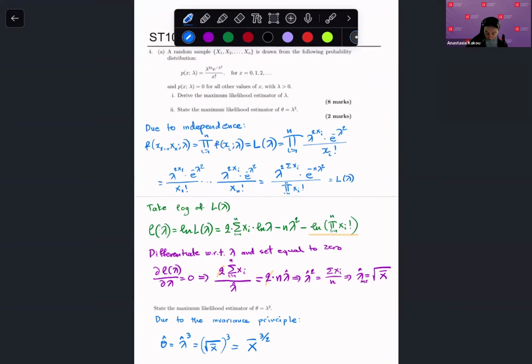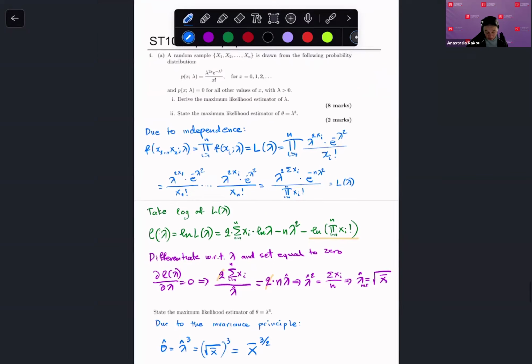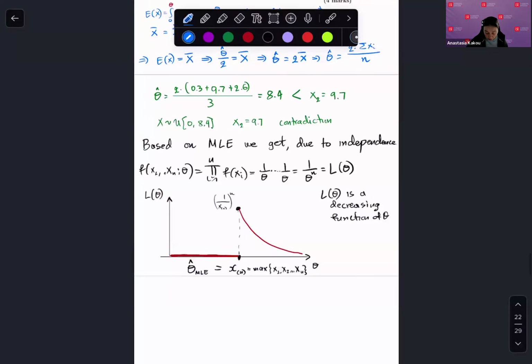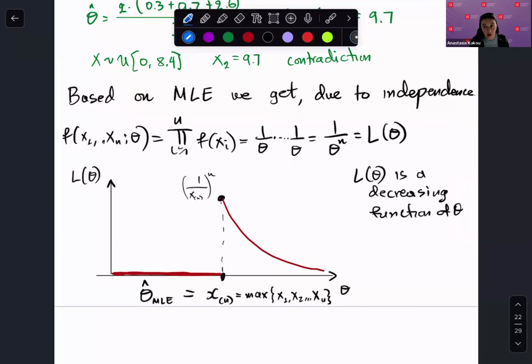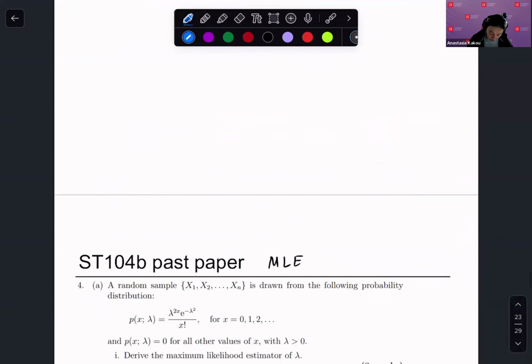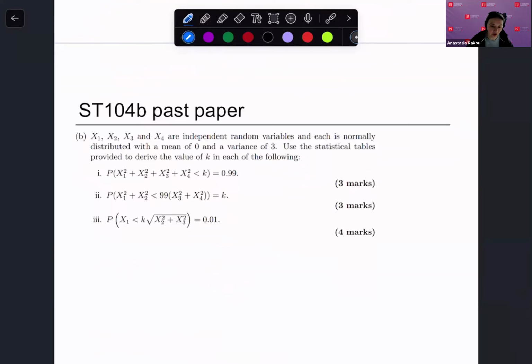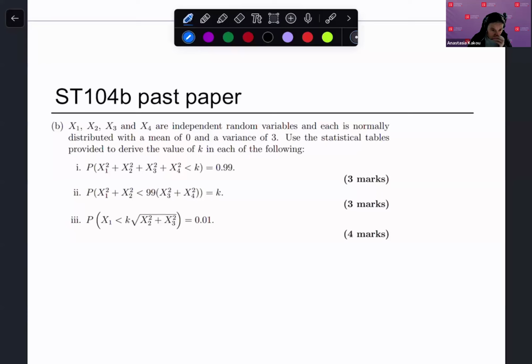One where the answer is derived by differentiating the likelihood function, like first taking the log and then differentiating. And the other is by looking at the shape of that function and finding the peak using this graph. All right. So then the last type of question you're going to have is